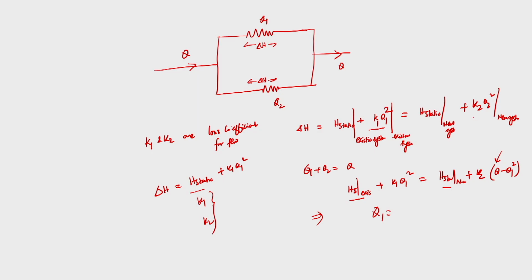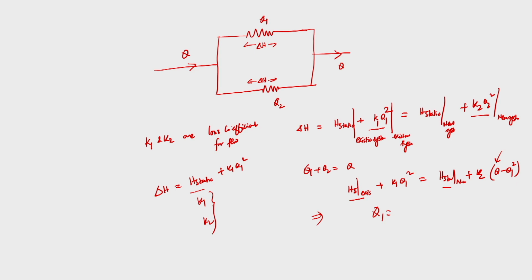So, in that case, knowing Q1 and Q2, I can calculate whether both the plants are getting the desired amount or not. If they are not getting, then again we have to redesign the system. By how? By altering the system resistance. How can we alter the system resistance? In an existing pump house or in existing systems, we can alter system resistance, because in K1 Q1 square and K2 Q2 square, the static height we cannot alter. It is very difficult, because once they are installed we cannot change.